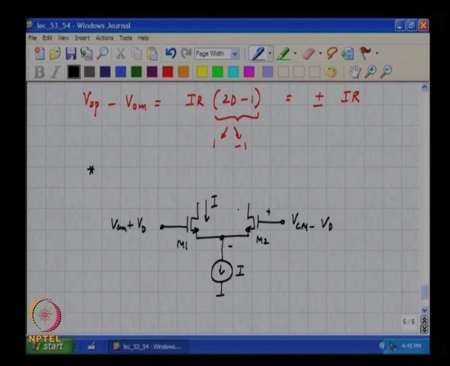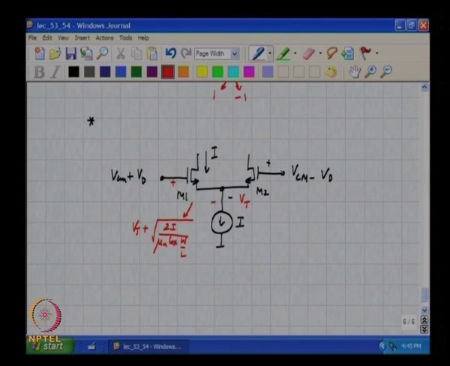This potential drop will simply be Vt, okay, and what will this potential drop be? Yeah, it will be VGS. What is VGS? This current flowing through transistor M1 is I. So, this voltage should be Vt plus square root of 2I by mu n Cox W by L. Alright. So, the difference between these two therefore is